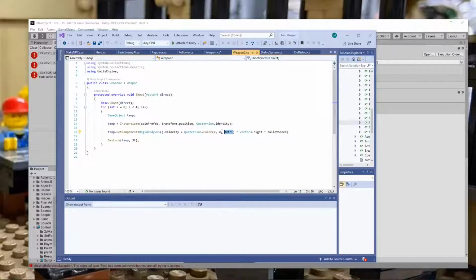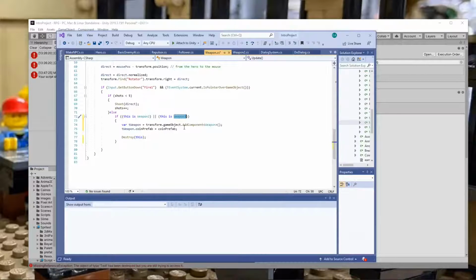So we get our 4 directions, and each of those coins gets destroyed after. This happens on top of the other call here.